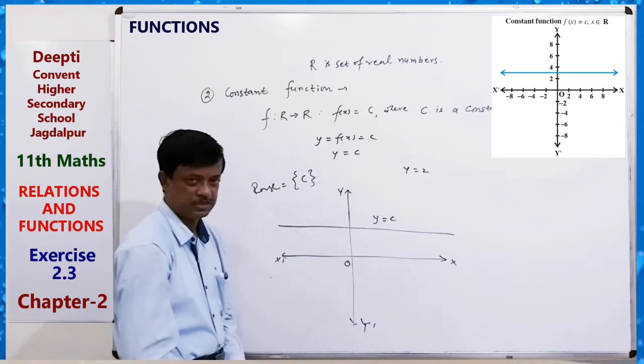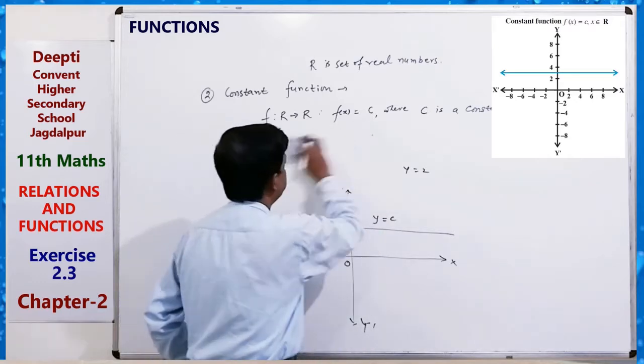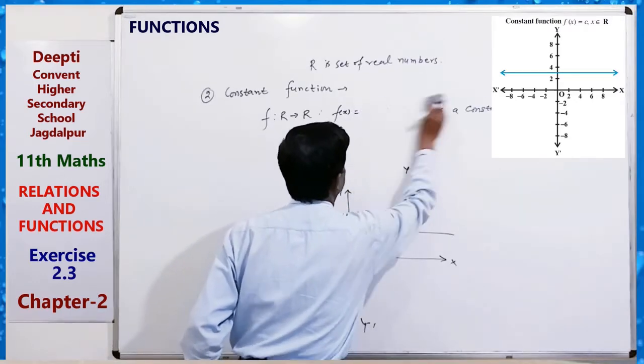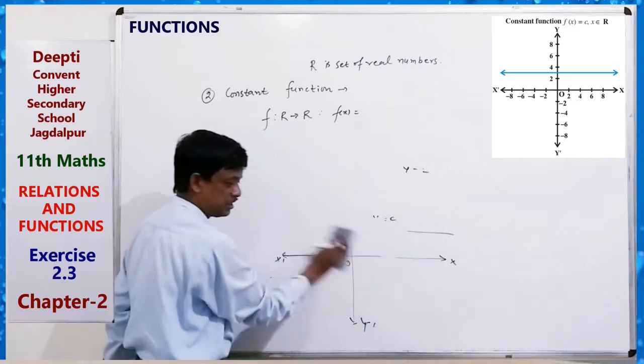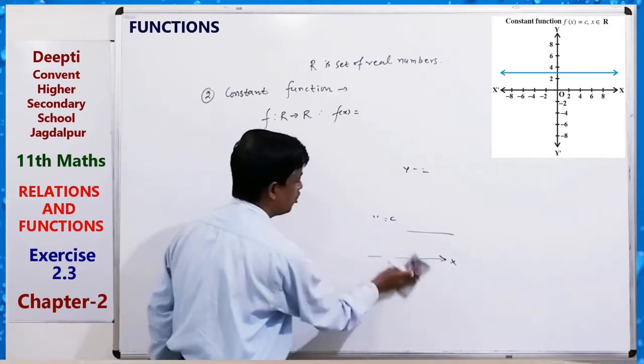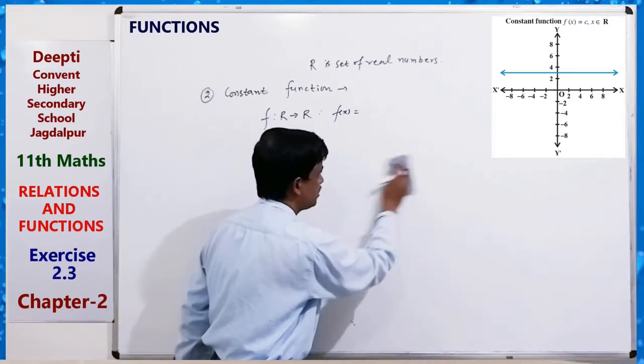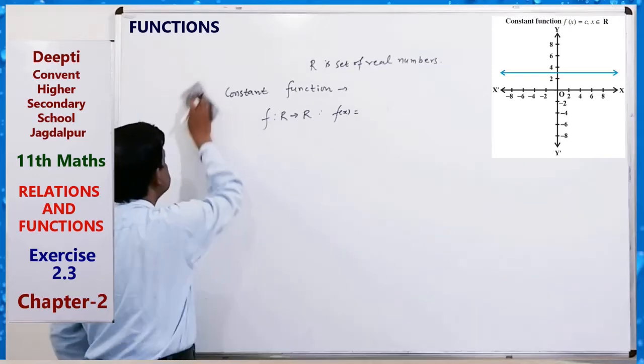Clear? This is a constant function. Another function, the next function, is the polynomial function. What is a polynomial function? Polynomial function means